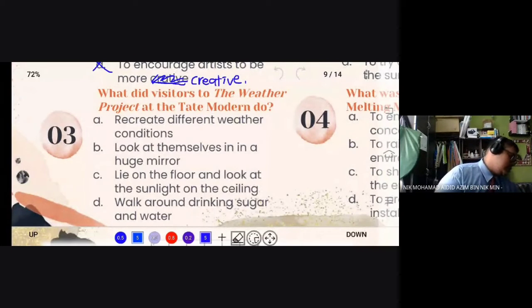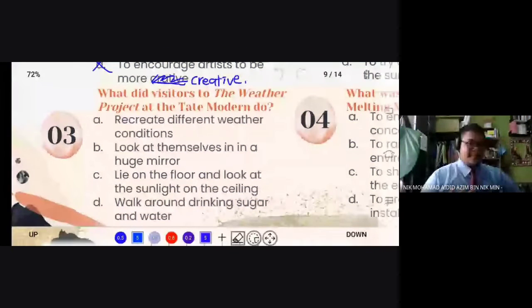Now look at the paragraph that talks about the weather project, which is paragraph 3. Take a look there and try to find the answer. Okay, I give you 1 minute. Try to take a look at paragraph 3.